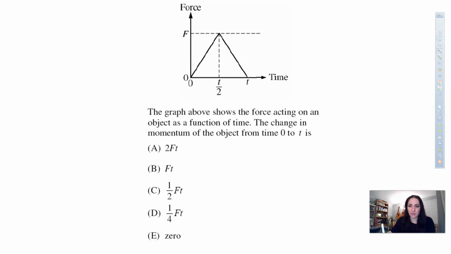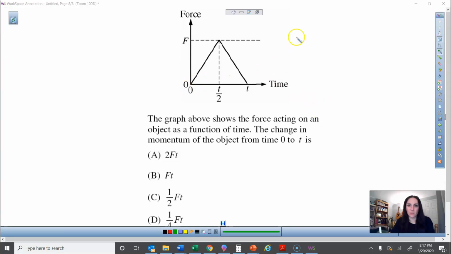So with the same kind of idea, because it's a triangle, I'm going to use the area of a triangle, 1/2 base times height. So I need to do 1/2 times the base. So the base is, if you notice, t, times